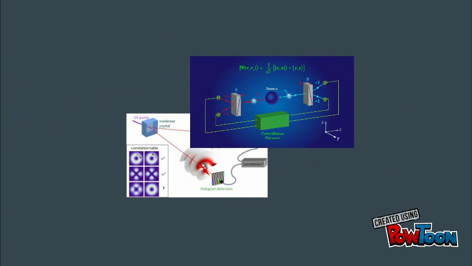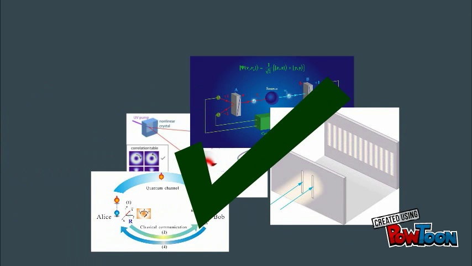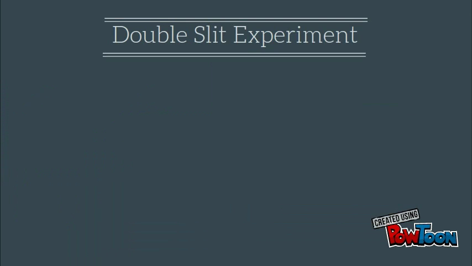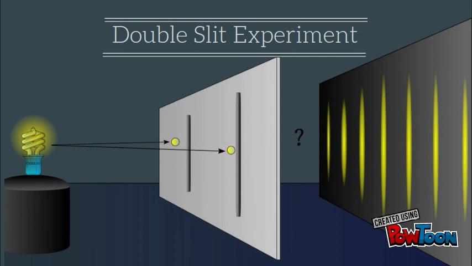There have been many tests done to prove the quantum theory correct, and each one has passed with flying colors. A commonly known experiment that was done to prove the quantum theory correct is called the double slit experiment. I won't go much deeper into what it is, but the interesting thing about it is it brought up the concept of, is an electron a light or is it a particle?